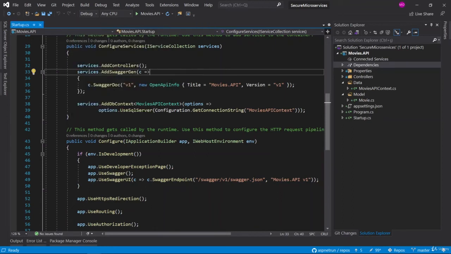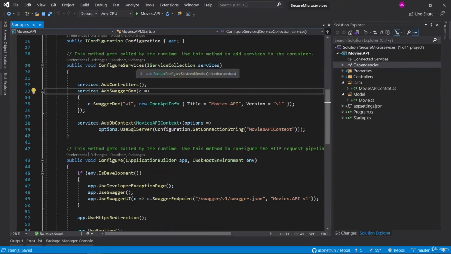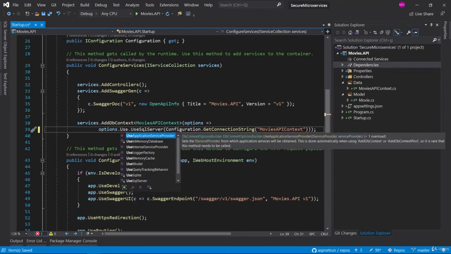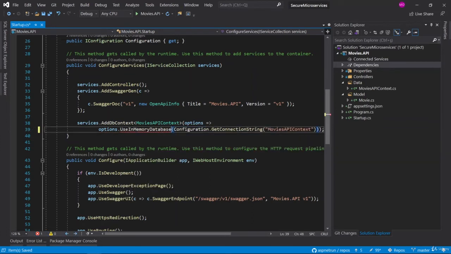After that, we can arrange our database according to the in-memory option. Let me close other windows and change the startup configuration under ConfigureServices. I'm going to change the DbContext object, and in the options I will use the in-memory object, UseInMemoryDatabase. As you can see, this comes from our in-memory package. Now we don't need to give any connection string. Instead, the only requirement is the database name. That's why I'm only giving the movies string here.